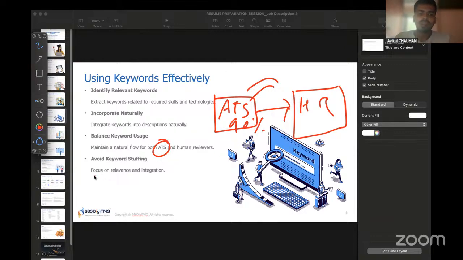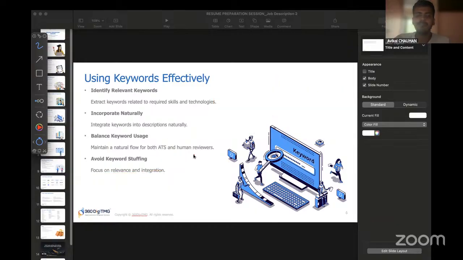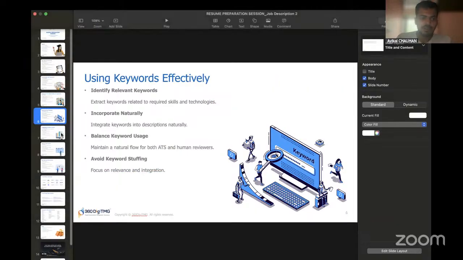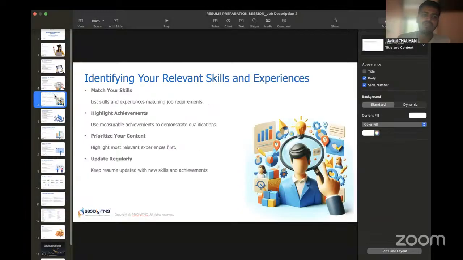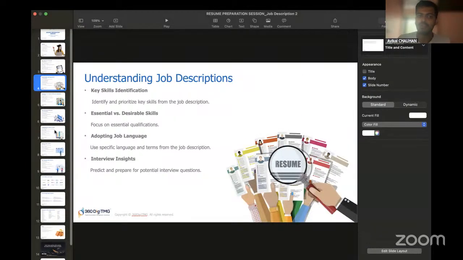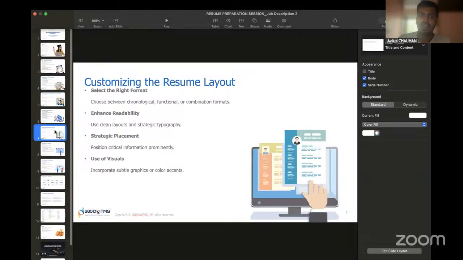Focus on the relevance and the integration. The most relevant things you have to focus on are the things that are required in that job, which they have mentioned. Now, after mentioning the effective keywords and relevant skills and preparing your resume according to the job description, then you